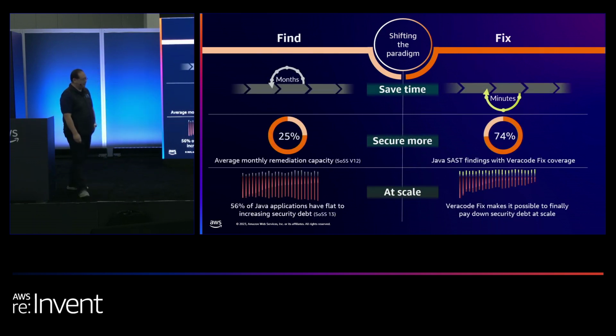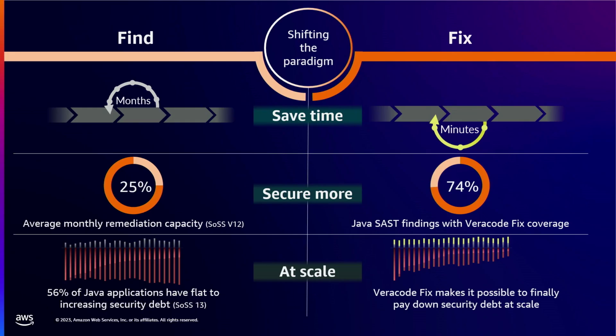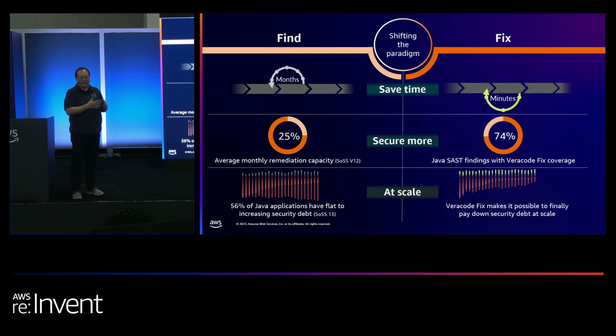And then again, just some quick statistics, right? I won't read the chart to you, but you can see that with Fix, we can really help you to understand and find and fix those vulnerabilities a lot quicker than you can with the regular dev process. And what that does is if we go back and look at that chart before where we had that huge tech debt gap, it helps developers to go in there and actually start closing that gap, right? Like if we have 1,000 flaws and our Fix solution can go in there and take care of 600 of them automatically or immediately, then you have a lot more time for the development teams to actually go through and focus on the more important flaws that can't be remediated automatically.